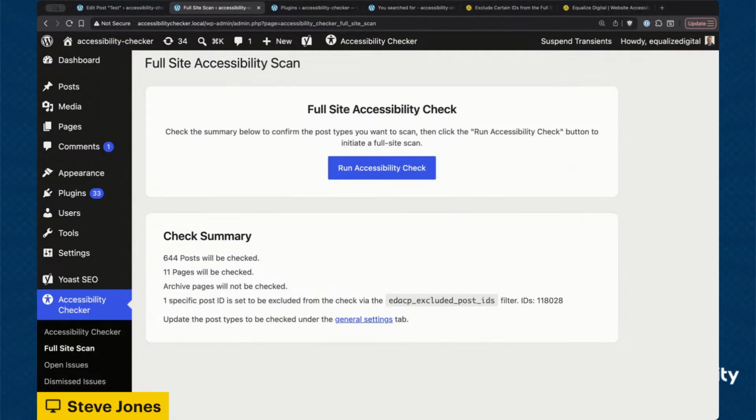Anything else on excluding post IDs from the full site scan? Nothing else on this one. Do you have a broken page to show someone though? Because we do have another feature on this page. I'd have to, yeah. We will get to that. That's under a different section, but